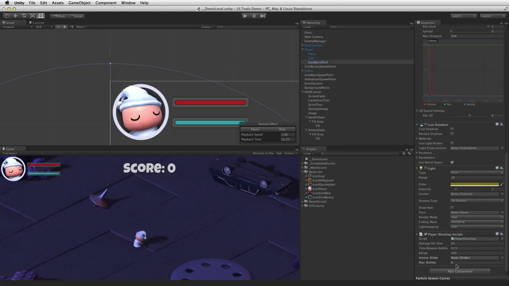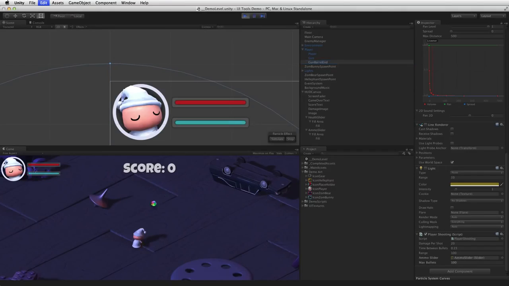So there we go. So now we've got our max bullets. Our max bullets, let's say, is 100, because we've got that slider set for 100. And then let's go ahead and grab our ammo slider. We can save that. And now let's go ahead and play. And we can see that we've got our bullets scored down here. And now, you can see as I fire,